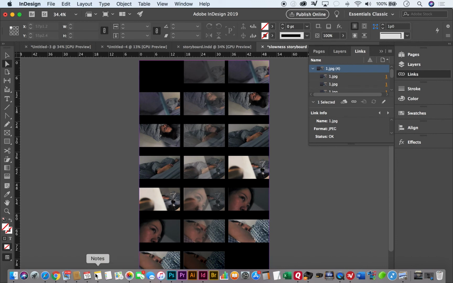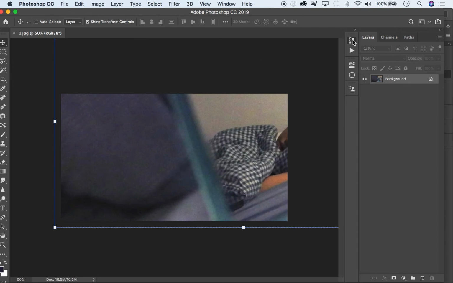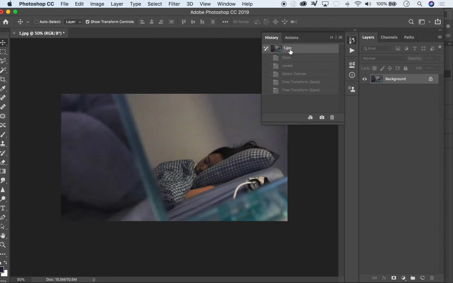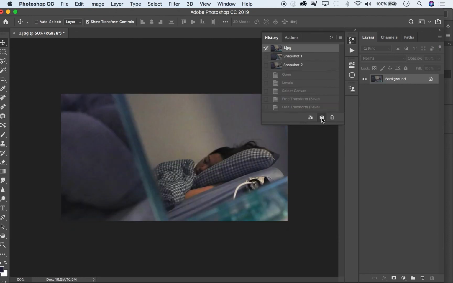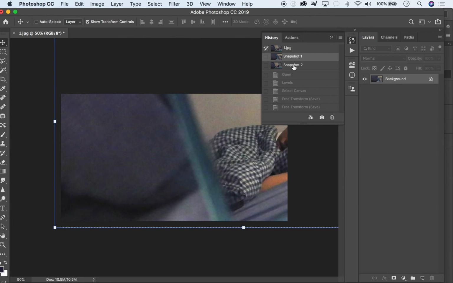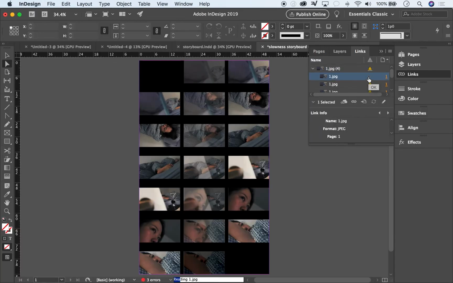Now let me point out that while I have Photoshop open, that change is completely undoable in the history palette. However, once I close out of this document, I will no longer be able to go back to the original. So what I'm going to do is save some snapshots. I'm going to go to the original and save a snapshot, and then I'm going to go to the new version. Now, whichever snapshot I'm on, if I click on Save, that's the one that's going to update in